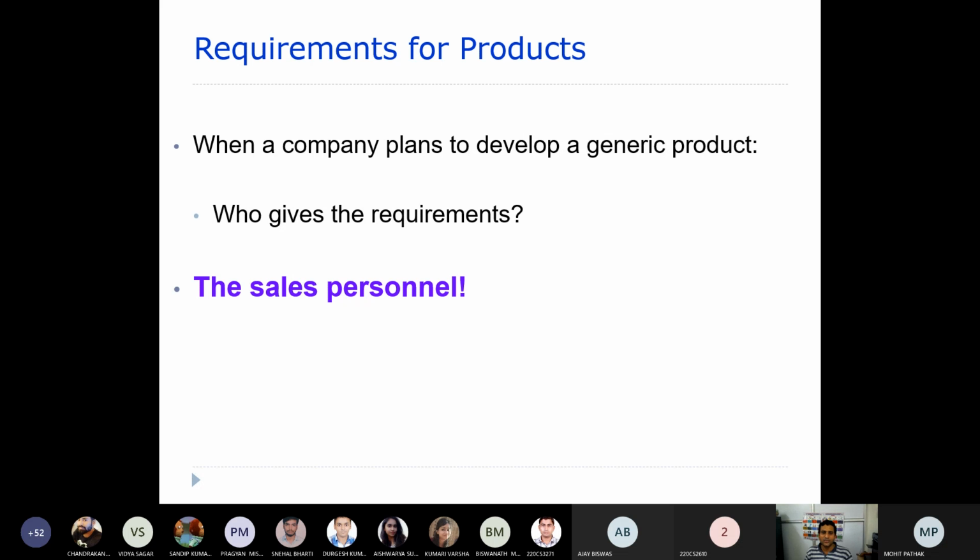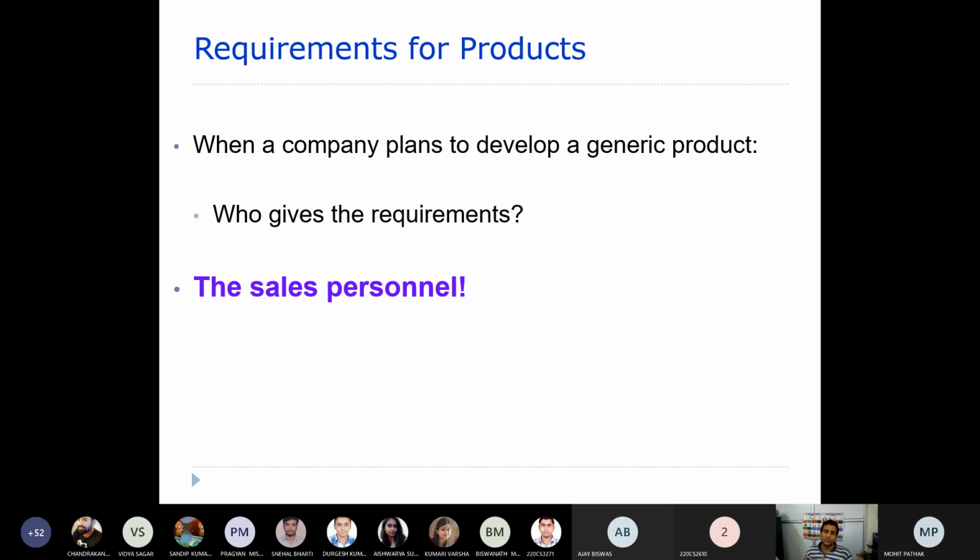So usually, what I try to say is, such very high level requirements are gathered, usually from the salesperson. And if it is not a generic product, let's say you are going to develop a software for NIT Rourkela, the software you are using. In that case, what will you do?